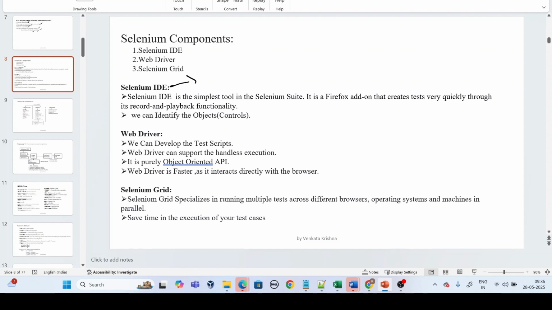But in real time, we will not use Selenium IDE because a structured approach is needed to do the automation. That we can call a framework. A framework is the process you follow to automate your test cases. There should be a proper approach to get easy maintainability and reusability. That is the reason we need to follow a framework, which I will cover in upcoming videos. Building that framework is not possible with Selenium IDE. You can just record and play back and check how the scripts are